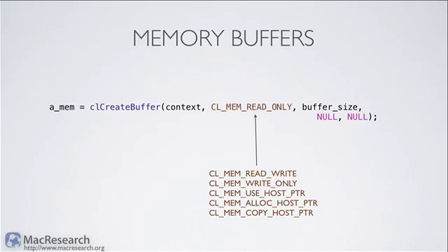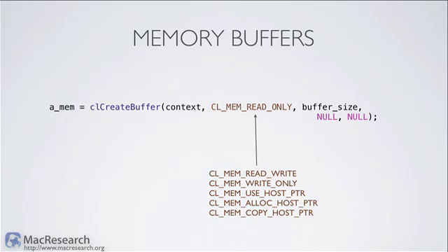And there may be reasons that are hidden by the implementation, so they might be opaque to the user, where it's more beneficial to use read-only memory versus read-write. So they might be doing some caching behind the scenes in terms of where they store memory. If it's read-only, it might be in the constant cache or something like that. I'm not too familiar with what's going on in the implementation and why one would be more beneficial than the other, but it's probably something